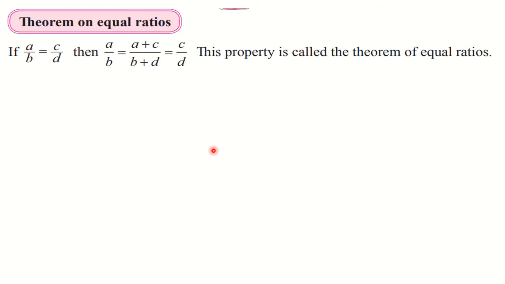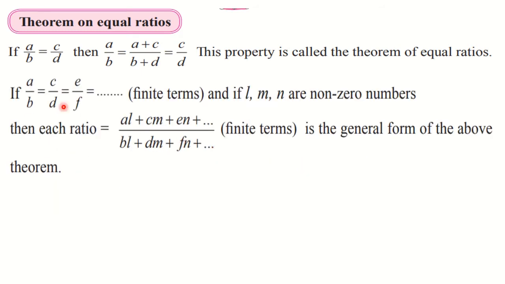So further, we can generalize this theorem. As I have said, we can have n number of ratios, or finite terms here. So a upon b is equal to c upon d is equal to e upon f. In this way you have n number of ratios. Since three ratios are given here, we are taking three multiples, l, m and n. Here we can multiply both the places by l, here by m, here by n, and then also we can add them. Each ratio has the same value here.